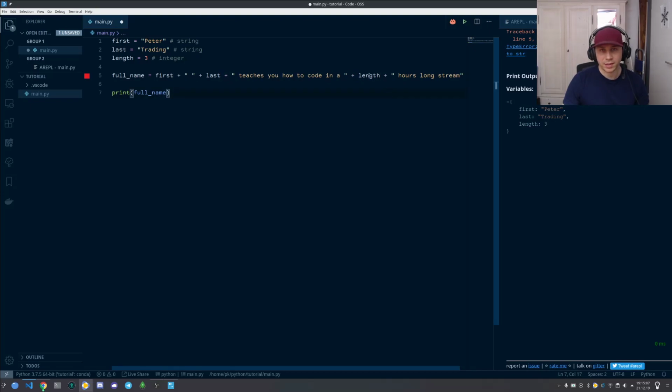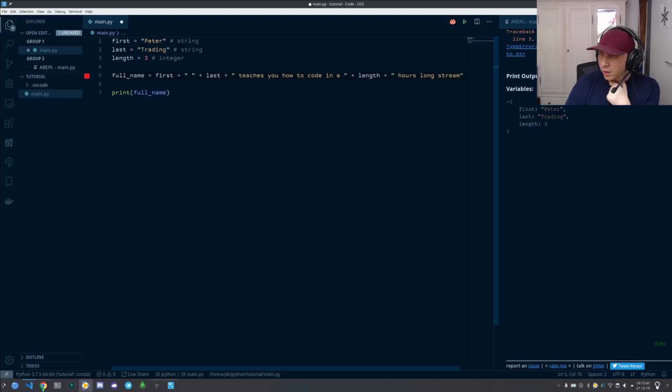Because imagine it like that. The plus sign is also used to make a basic math calculation, like summing stuff up, right. So what you're doing here basically is telling Python, please add 3 to this string, and Python says, well, I don't know what that should be, so I will just error out. So now we need to convert this integer, this number,